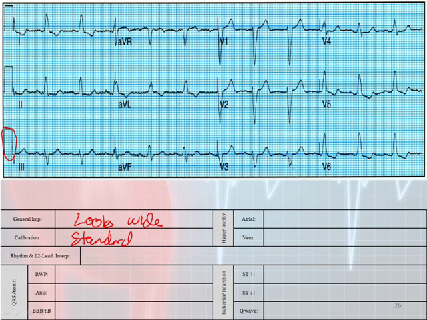And what is my rate? 300, 150, 175. It looks to be a sinus rhythm at 75 beats per minute. And also I notice a wide QRS complex. How about my R wave progression? My R wave progression in V1